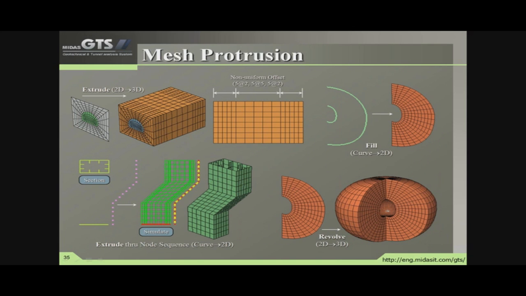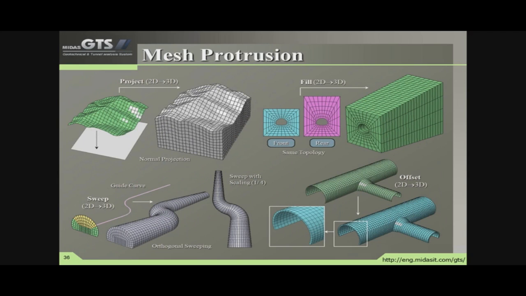Then you can play around with the mesh by doing some manipulation in the mesh. You can either sweep the mesh to create a 3D mesh. You can extrude a 2D mesh into a 3D mesh, as you can see here. You can revolve the mesh to create a round structure. You can use the map protrusion features. You can project the map from 2D to 3D. As you can see here, I first created the surface, I meshed the surface, and then I extruded the surface to create the whole ground.